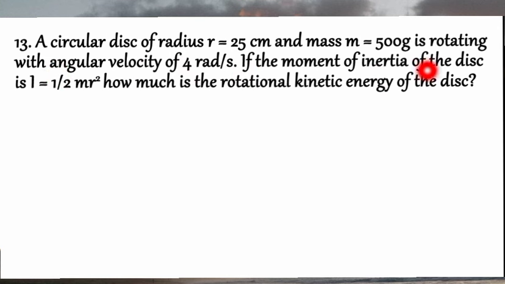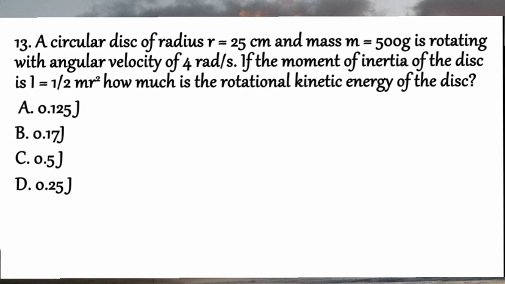If the moment of inertia of the disc is 1/2 mr square, how much is the rotational kinetic energy of the disc? ብለን በመጀመሪያ ቶታል ኪኔቲክ ኢነርጂ ማለት ሮቴሽናል ኪኔቲክ ኢነርጂ ፕላስ ትራንዚሽናል ኪኔቲክ ኢነርጂ ነው፣ የሁለቱ ድምር። እዚህ ግን radius of an object 25 cm, mass of an object 500 gram እንዲሁም አንጉላር ቬሎሲቲ ኦሜጋ 4 ራድ ፐር ሰከንድ ተሰጥቷችሁ ሮቴሽናል ኪኔቲክ ኢነርጂው ምን ያክል ነው የሚለን።